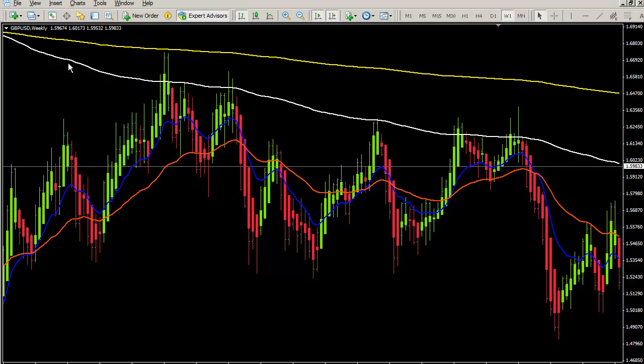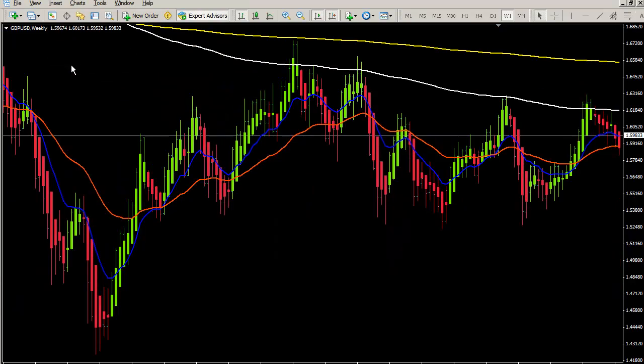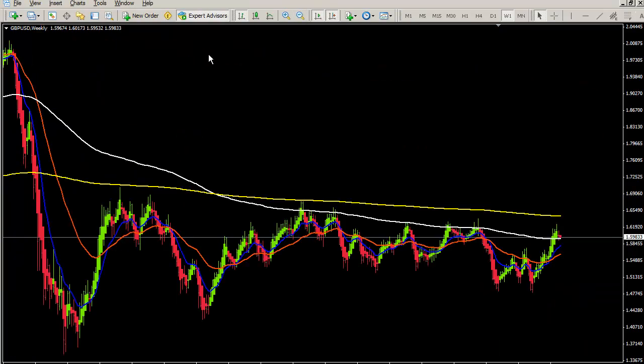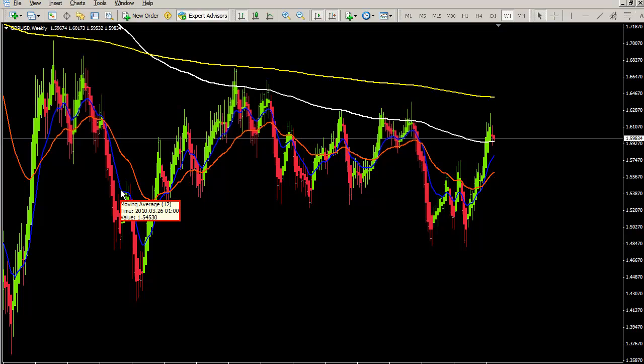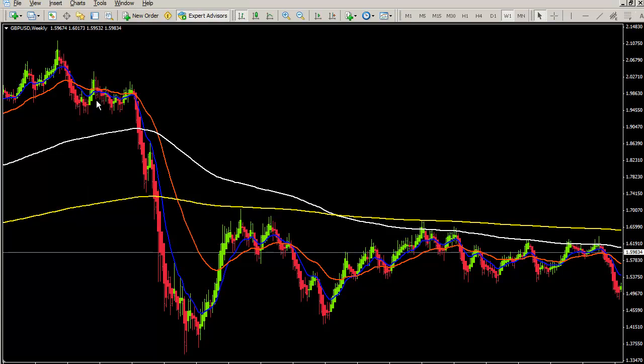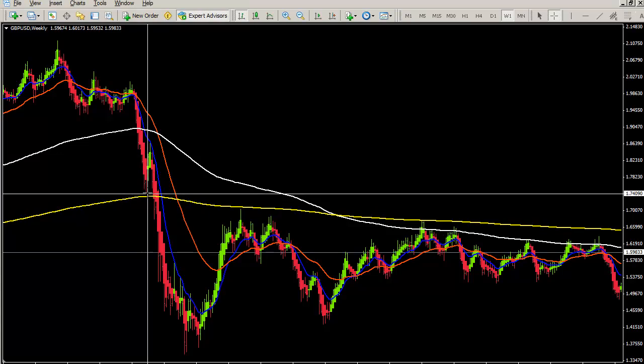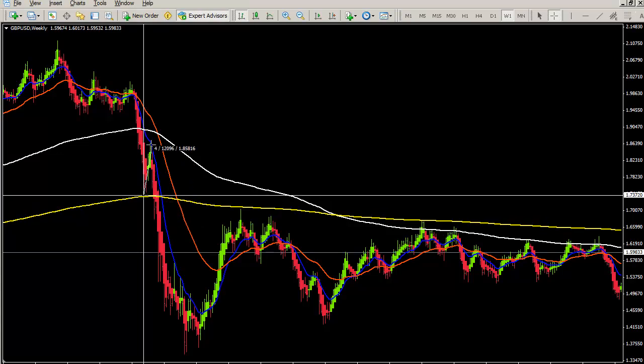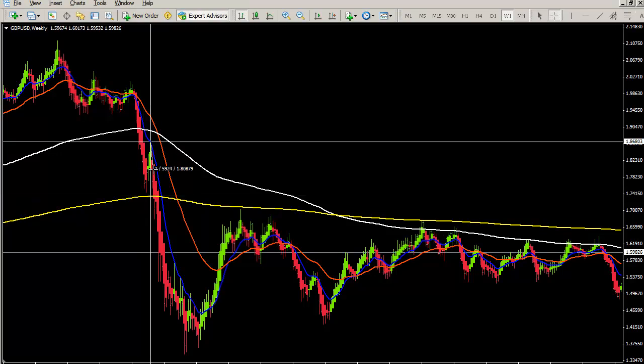This would be GBP, the GBP US dollar cable. Let me zoom in. So what do we have here? Look at this. The price is in a very powerful downtrend. Good old times, 2008, 2009. It's breaking the 200 EMA, right? But then it's reaching the 633. Not exactly, it stops a little bit earlier even. Retraces 1,300 points, breaks it,